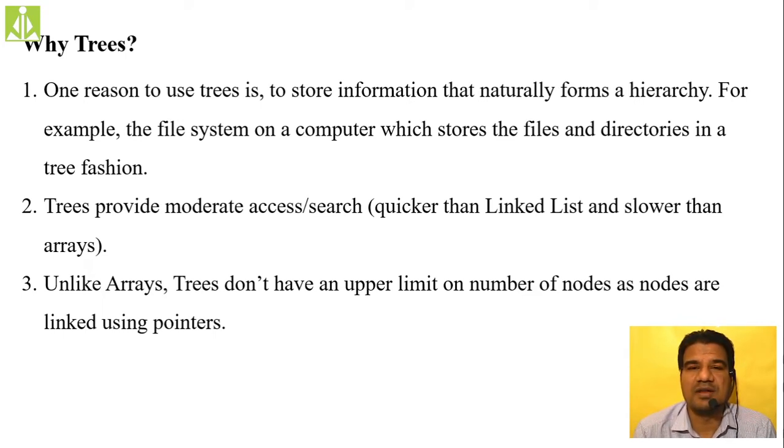But having arrays in programming has a drawback, because arrays require contiguous memory locations, and providing contiguous memory locations for all types of data may not be a perfect solution in all cases. That is the reason we are moving towards other solutions like linked lists and trees. When compared with lists, trees are faster, but when compared with arrays, they are slower. We have other drawbacks in arrays, which is why we are moving towards trees.